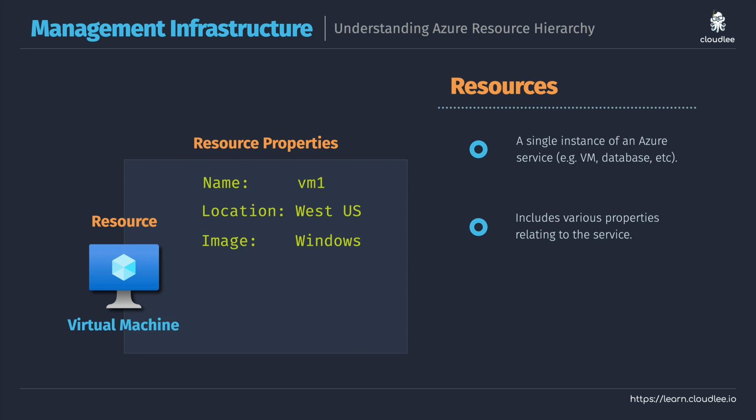A virtual machine might need to know the image that you want to deploy, the size in terms of the CPU and memory you're going to have, and you'll also need some other resources to help this virtual machine out. For example, you're going to attach an operating system disk that provides the storage for your virtual machine. You'll also want to provide network connectivity using a network interface card. The key point here is that when we create our resource, depending on the type of resource that we're actually creating, we'll also have a range of other properties that we need to configure as well.